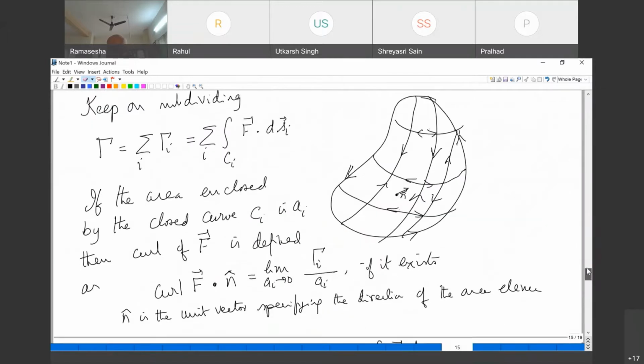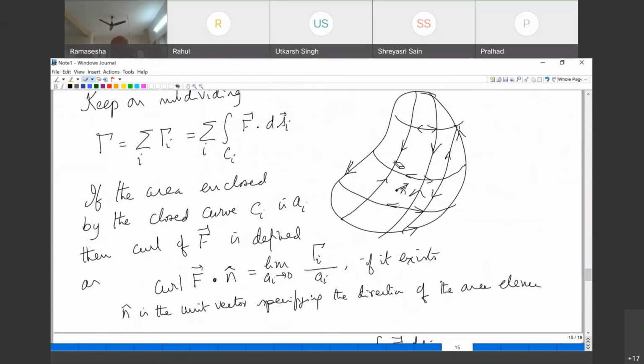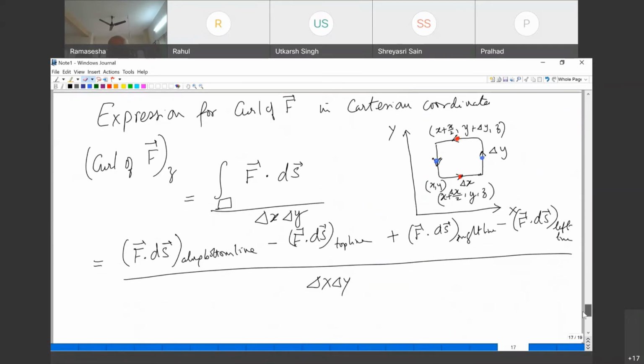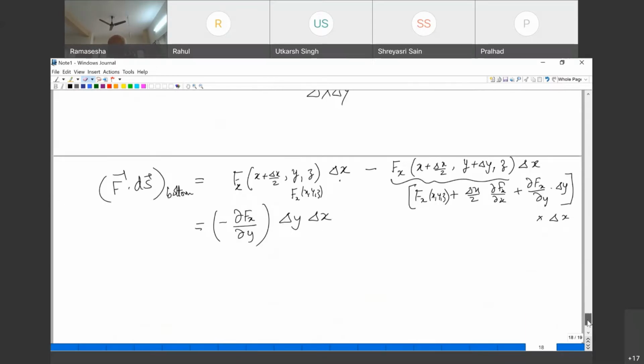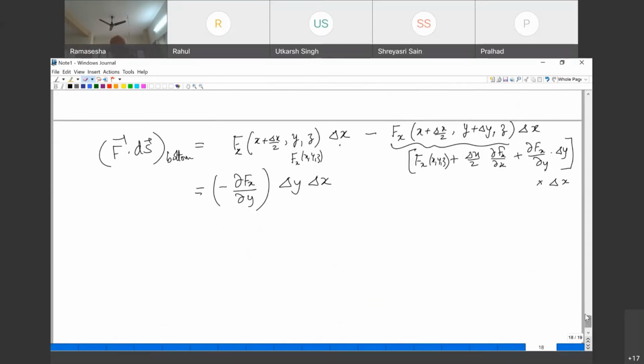You see, I'm always doing closed loops, right? Yes, sir. So the calculation is a closed loop calculation, and the closed loop that I'm looking at is in the XY plane. Any other questions? No, sir. I proceed. So I should have said f dot ds bottom plus top.